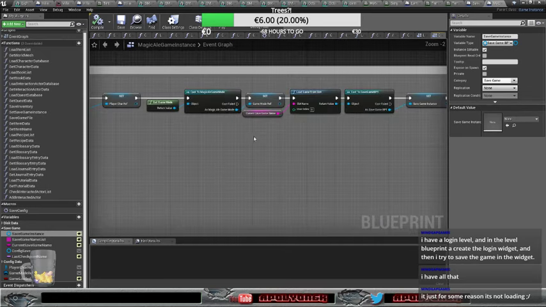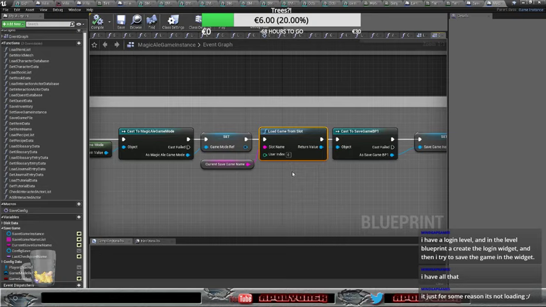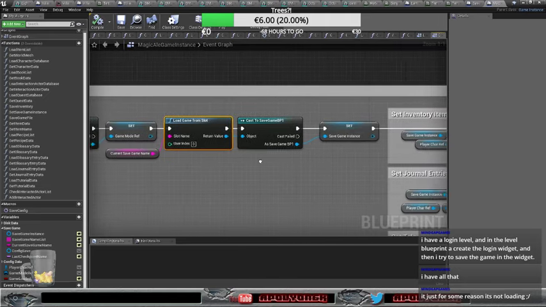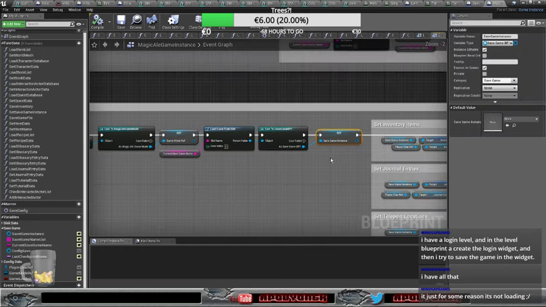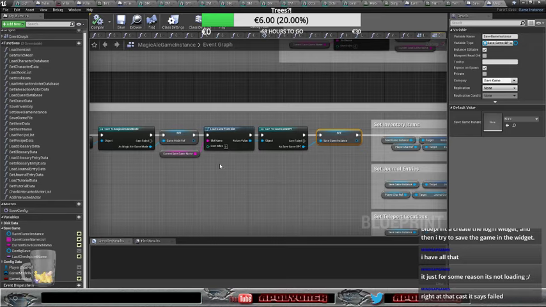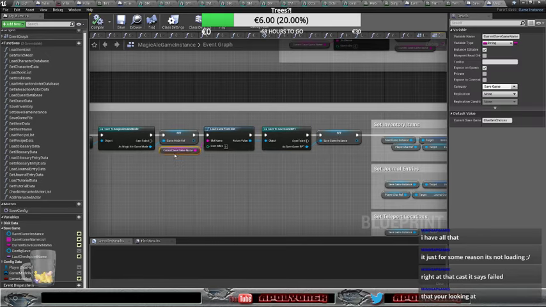What I would do is see if the correct name is set for the load game when you load your game, and the correct user index is used, and it's loading the right instance. So if it's doing that, just do a debug and print out some data from the save game and see if that's doing anything. If that cast here fails, then you need to make sure that the save game name